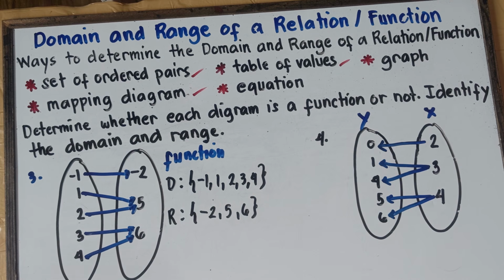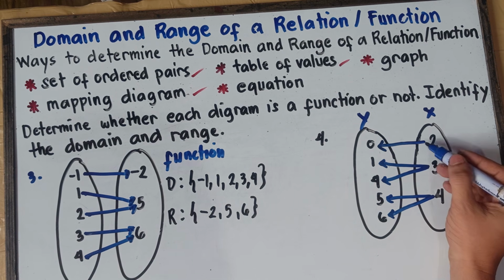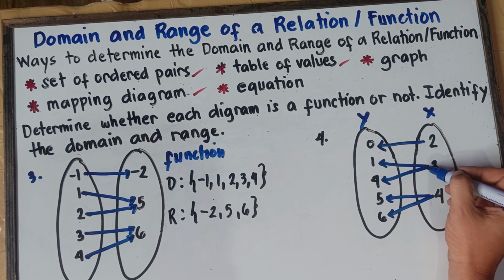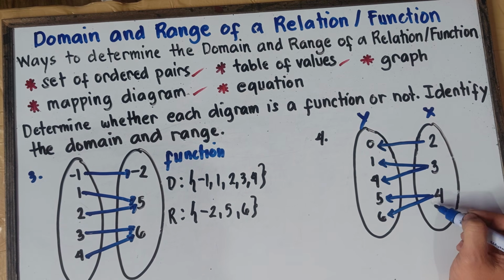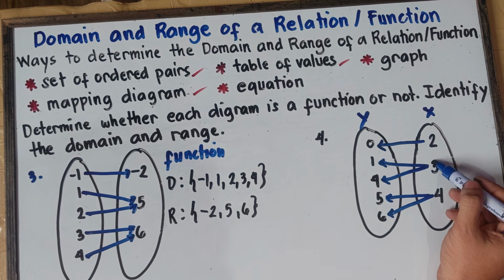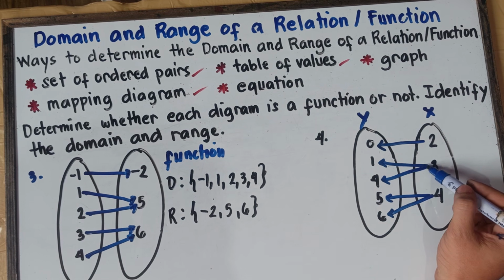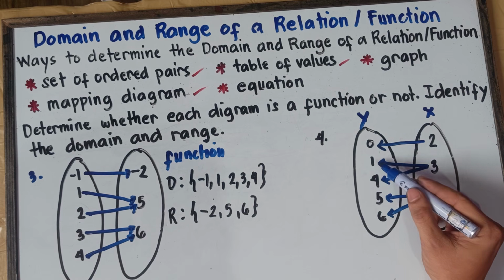That's correct. This will not be a function because the input has 2 or more arrows. For this 3, we have 2 arrows. For 4, we have 2 arrows. Once again, class, for input 3, we have 2 arrows corresponding to 2 different outputs. There will be 1 and then 4.